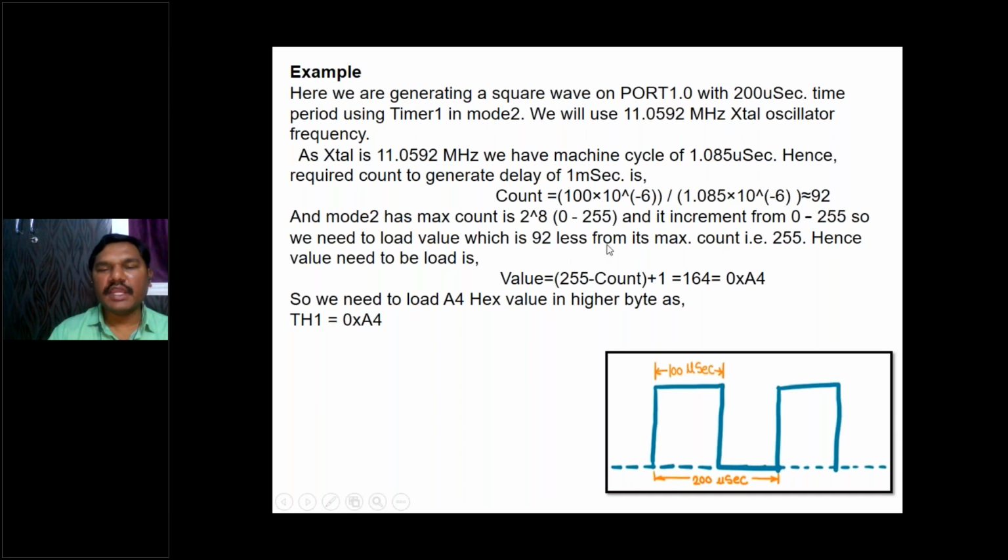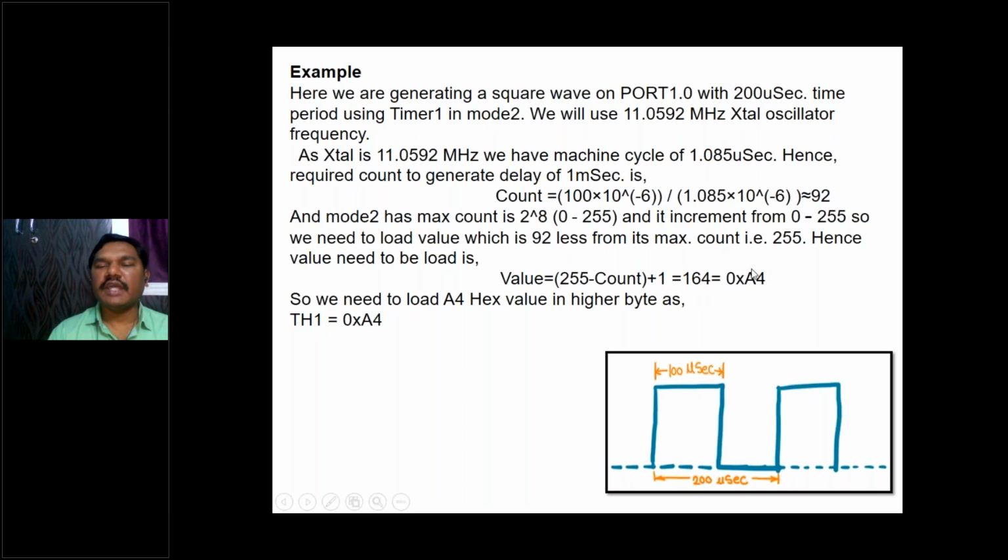So we take only one half time period, and count is equal to 100 into 10 power minus 6 by the crystal oscillator period, which is 1 microsecond, equal to 92, and by substituting that value, 255 minus 92 plus 1 is equal to 164,